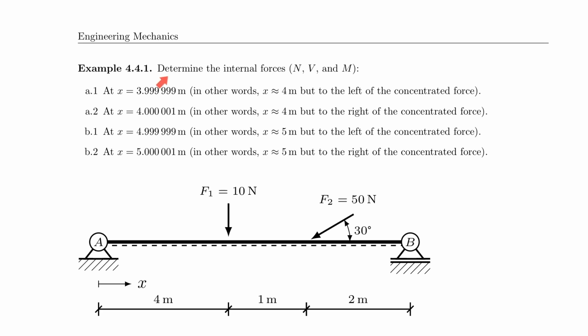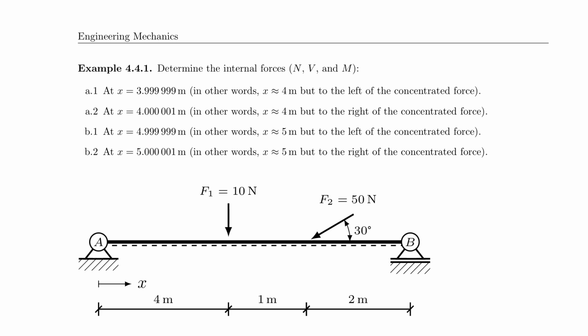So the problem asks us to determine the internal forces, normal force, shear force, and bending moment at specific locations. And this is the only time you will see this: at x equals 3.9999999 meters, at 4.000001 meters, and then you can read the other numbers here, right? But what I'm trying to make clear to you here, because I sometimes see this go wrong in the classroom,